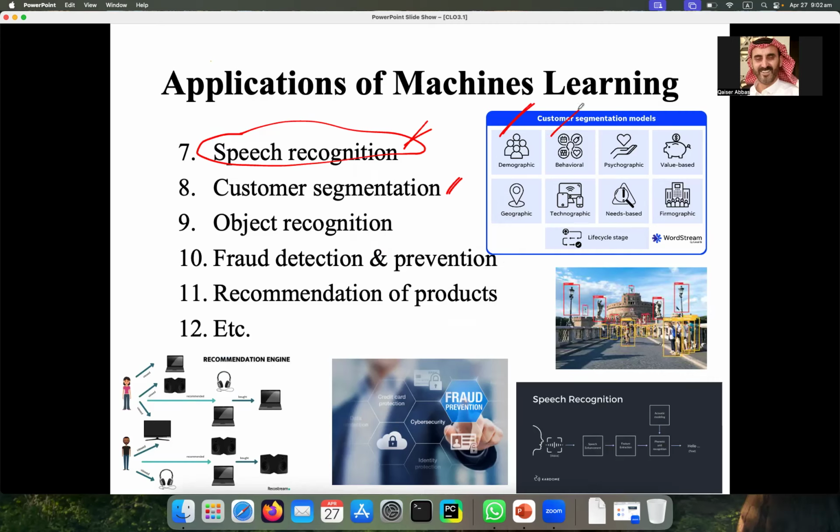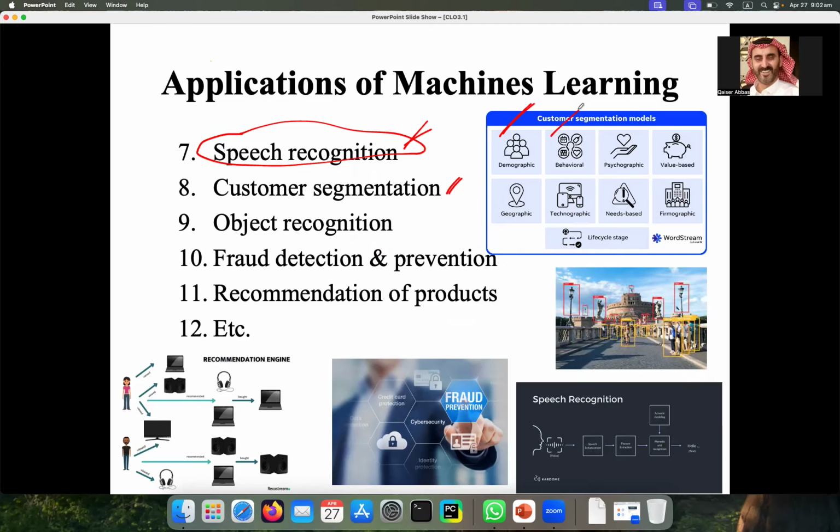Similarly, behavioral or behavior segmentation. Normally, some people buy very fashionable or trendy things. Some people buy only normal things.